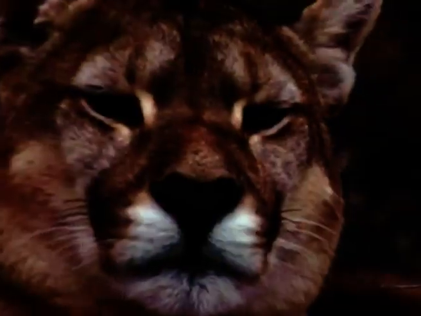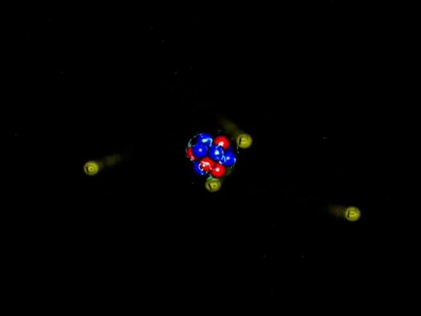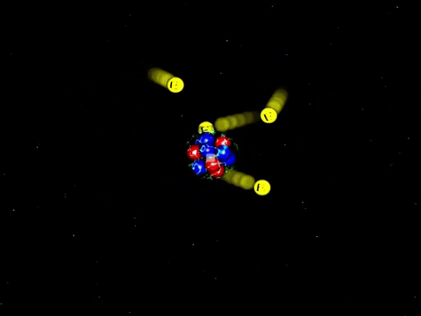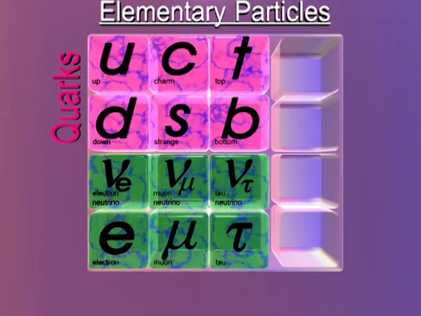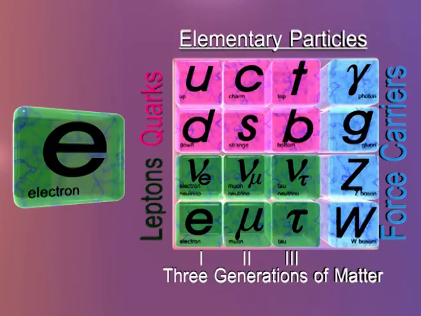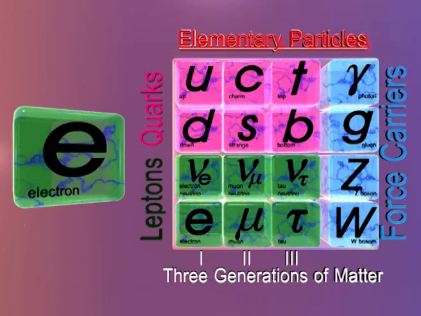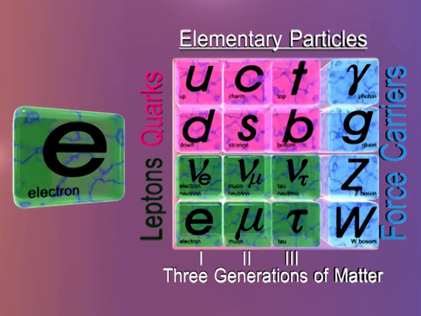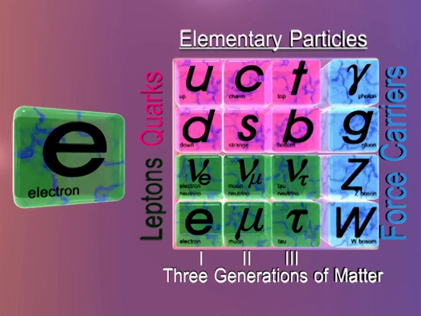To better understand neutrinos, we need to know what the objects around us are made of. All things that we see around us are made of atoms. An atom consists of a nucleus containing neutrons and protons. Electrons go around this nucleus. An electron is an elementary particle. By elementary, we mean that they cannot be divided further.